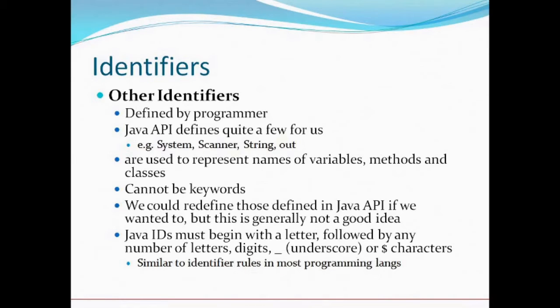Okay, so what can we use for giving the name to a variable? Java IDs must begin with a letter. You should start with a letter. You cannot start with 1, 2, 3, 4 or things like this. This you can do in Unix, but not in Java. It is mandatory for them to begin with a letter, followed by any number of letters or digits, but the starting must be a letter. Okay, we can use underscore characters or dollar characters, special characters.